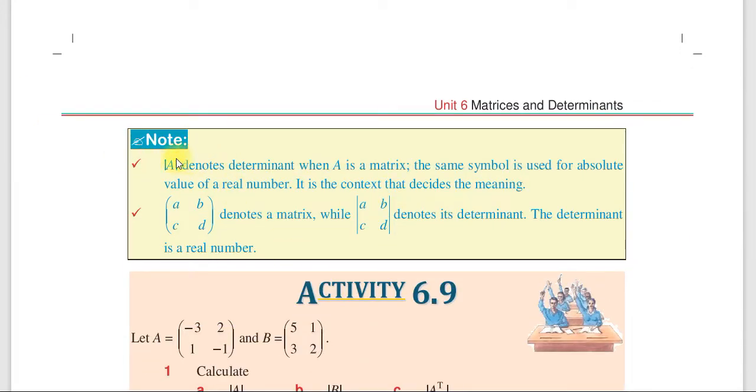እዚህ ጋር ማስተዋወሻ አለን። The determinant of A denotes the determinant when A is a matrix. The same symbol is used for the absolute value of a real number. It is the context that decides the meaning. ስለዚህ ምን እያለን ነው እዚህ ላይ? ልክ magnitude of A ማለት ልክ determinant of A እንደማለት ነው እያለን ነው እዚህ ጋር፣ ወይም the absolute value እንደማለት ነው። ሌላኛው ደግሞ ABC የተባለ ማትሪክስ ቢሰጠን [A] denotes a matrix while |A| ደግሞ ዲኖት የሚያደርገው ዲተርሚናንቱን ነው። ስለዚህ ሁለቱን ለዩዋቸው። ይሄ ማትሪክስ ነው፣ ይሄኛው ደግሞ ዲተርሚናንት ነው ማለት ነው።